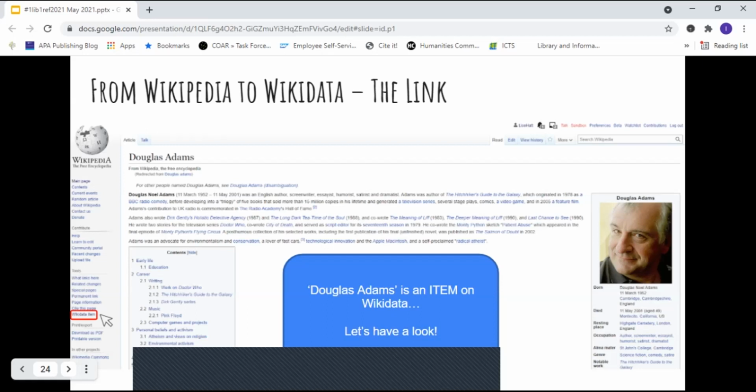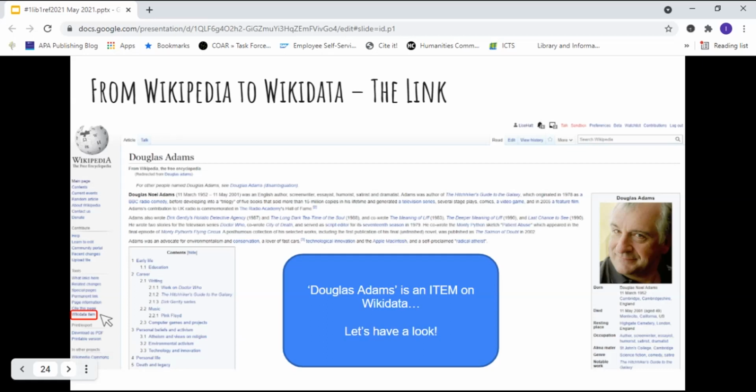So on this note, let's explore briefly how we can do this on Wikidata. What you see on the slide right now is an article from Wikipedia. And if we wanted to know whether the data is sitting in Wikidata, well, yes, it is, because it is linked. You will see that on the left-hand side of the screen, there is a link to Wikidata items. So this is an article